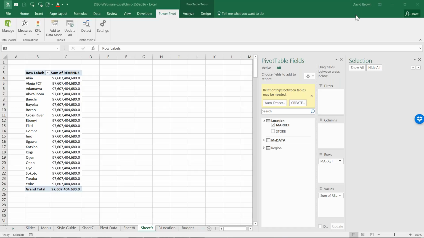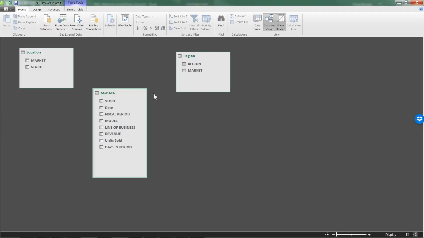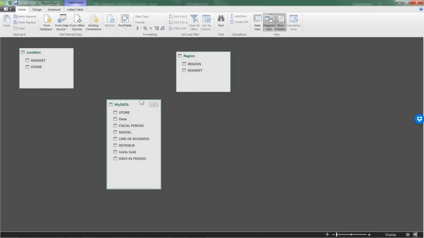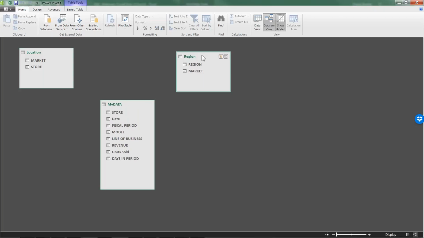Oladapo, yeah, Emeka says we need to link the data model. Perfect. That's exactly what's happening. There's a VLOOKUP missing. We didn't do VLOOKUP. So this location table is not talking to my data table. I need to go back to my data model and do one simple magic. What's the magic? This is my data and this is my region. I need to link them.